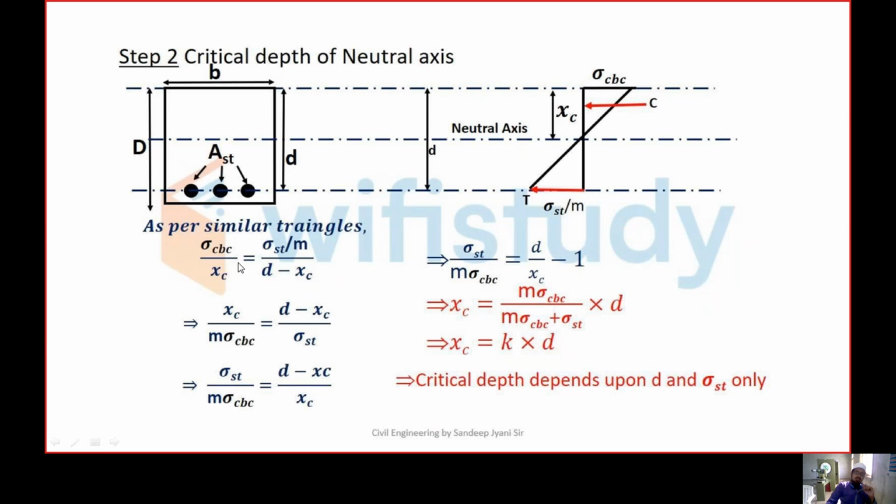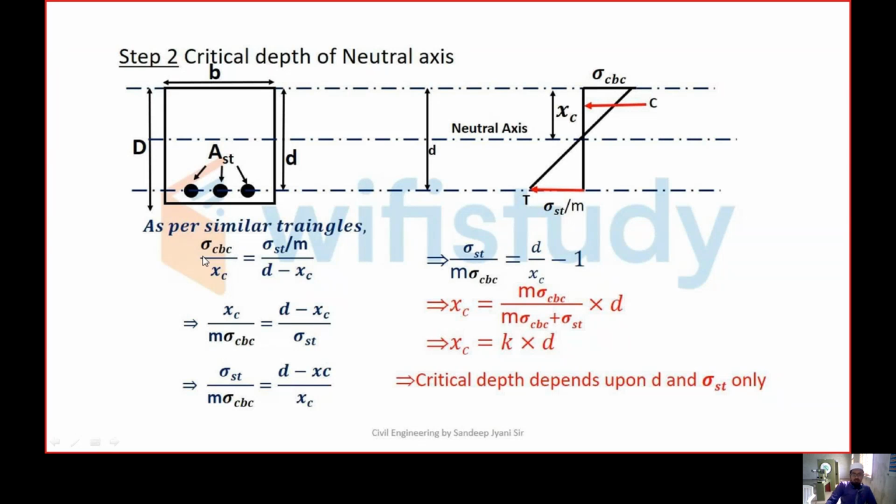Okay, so then it is XC. Here the neutral axis lies actually. This is the balanced section overview. In a balanced section, the actual depth of neutral axis will be equal to the critical depth of neutral axis. So that's why you are seeing here a neutral axis lying on the line where the critical depth of neutral axis